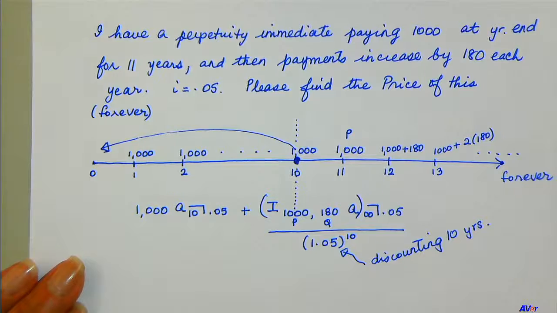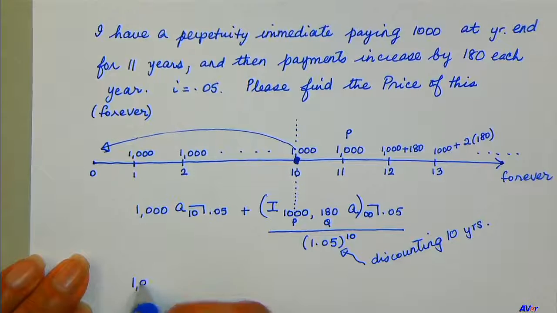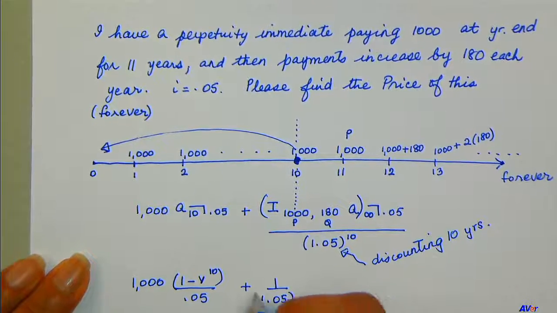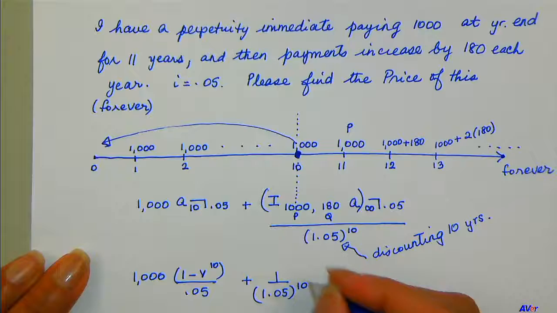Are you with me or no? So this one would be 1,000 times 1 minus v to the 10 over 0.05 plus 1 over 1.05 to the 10th power, that's the discount factor,